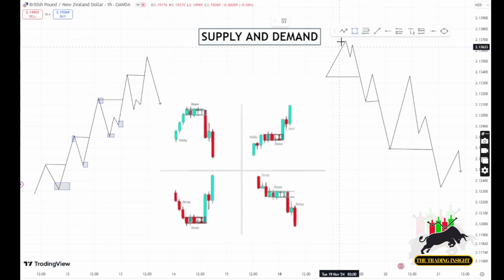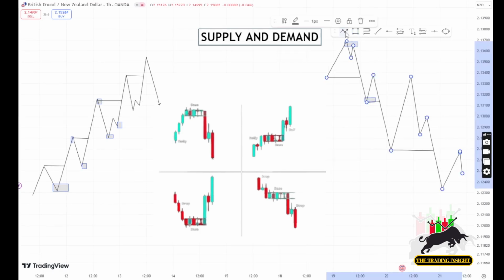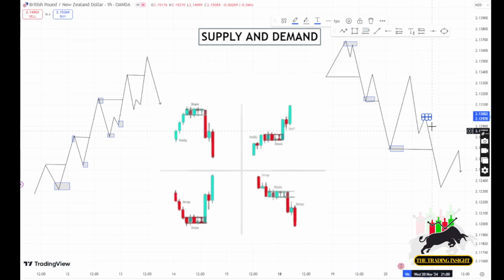This is a downtrend. This is our supply zone, and this is our demand zone, and this is our demand zone, and this is our supply zone. You might ask a question, why didn't I draw a supply zone here? Why did I choose to draw it? That's because most times price will come and retrace these zones. This is still a supply zone though, but this is the current and recent supply zone that led to this